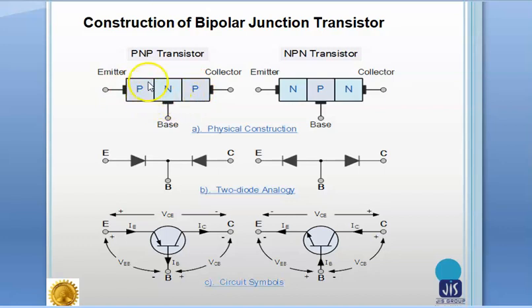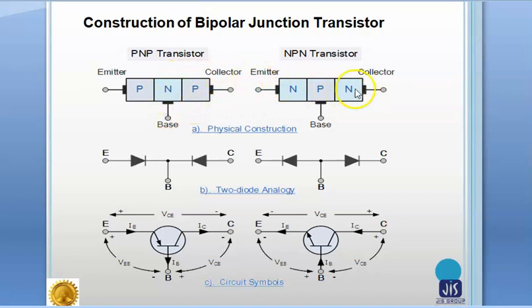That is, there are three sections: the emitter section, the middle one is the base section, and this is the collector section. The emitter section is highly doped in both cases, the base is lightly doped and the collector is moderately doped.